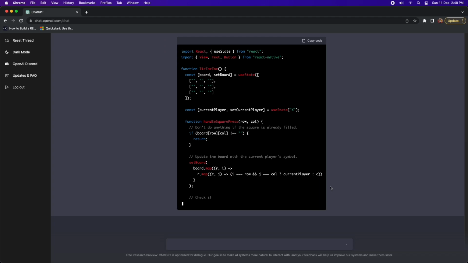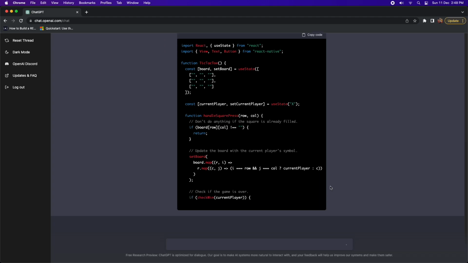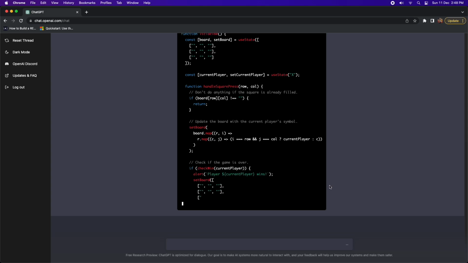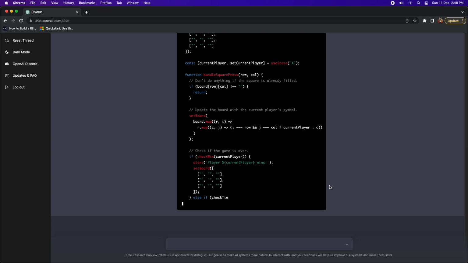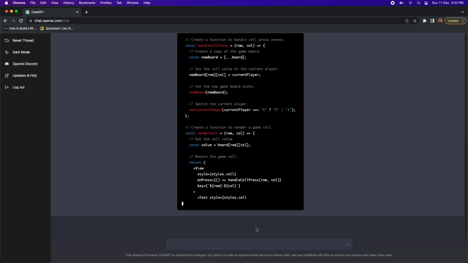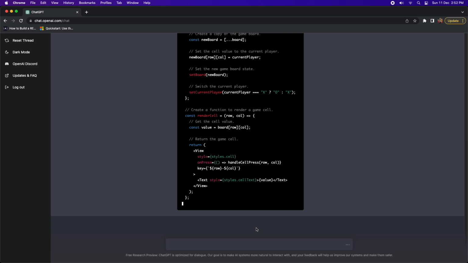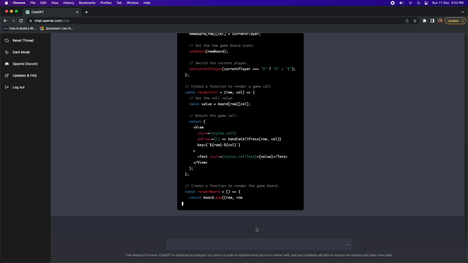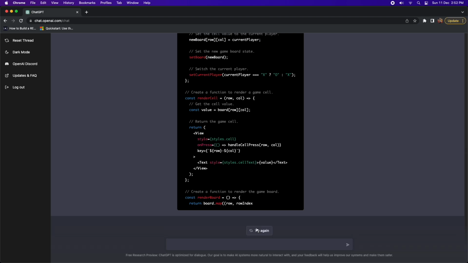It gets stuck quite a few times, failing to generate because I think the servers are quite busy. So I'm going to skip to a point where I actually managed to get it to successfully generate. As you use these tools a bit more, you're going to gain some efficiency in how you learn to use them. So you're going to see that this cuts out once again generating my React Native application